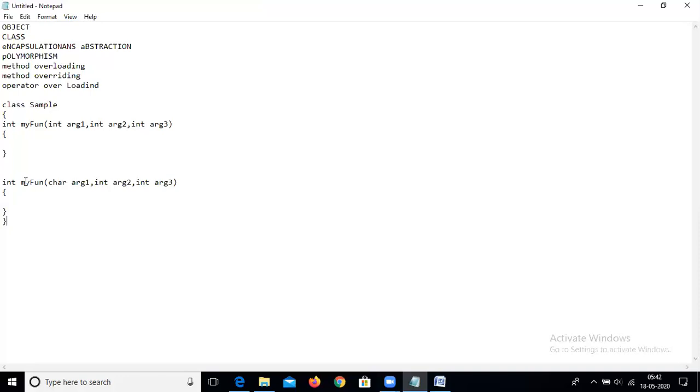If we have an inheritance type relation, and we are going to create the object of the subclass, meaning the class which is going to inherit another class, the function call first goes to the subclass, checking whether the function is present inside that class or not. If the function is present in that class, then it's okay. If it is not present in that class, it will go to the superclass.